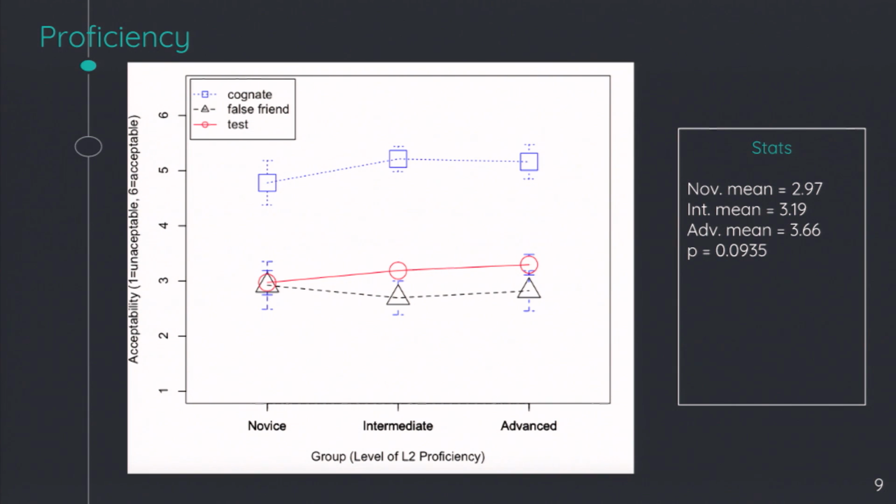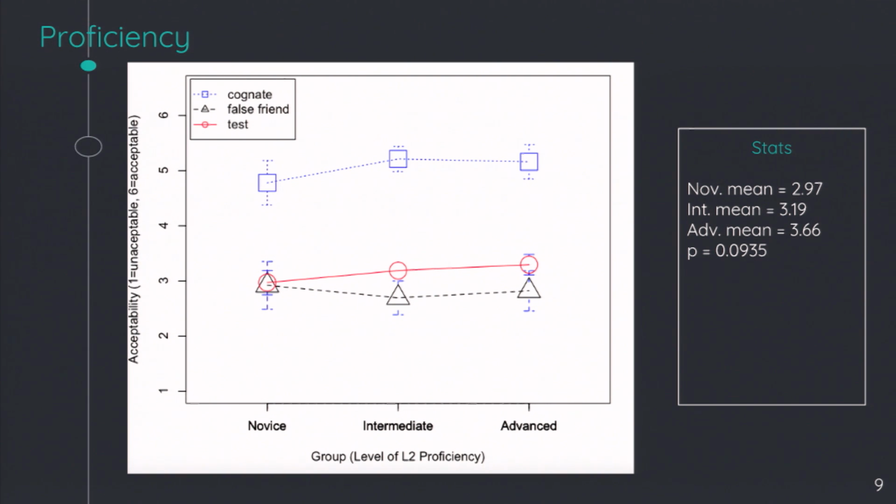So, what I found. This is looking at, on the y-axis, the acceptability, where 1 is the least acceptable and 6 is the most acceptable. On the x-axis, you're looking at the level of proficiency based on group, so you have your novice, intermediate, and advanced. And then on the scale, the blue squares are cognates, the black triangles are false friends, and the red circles are